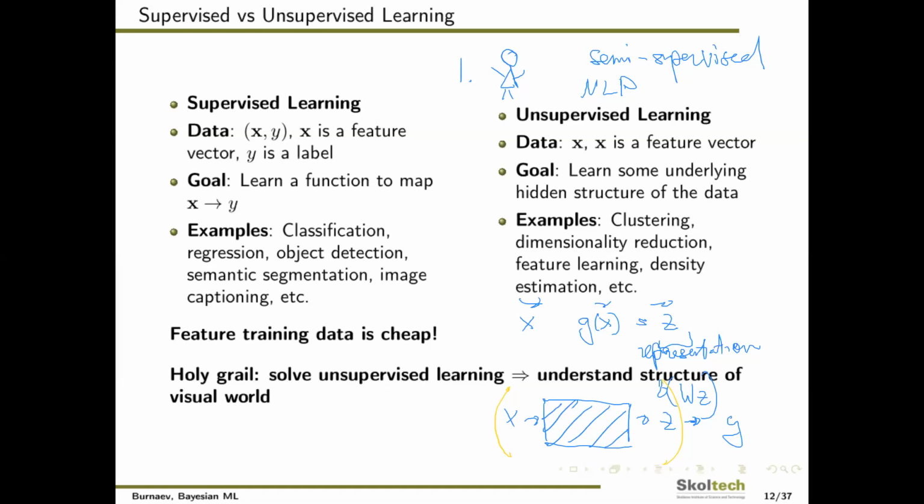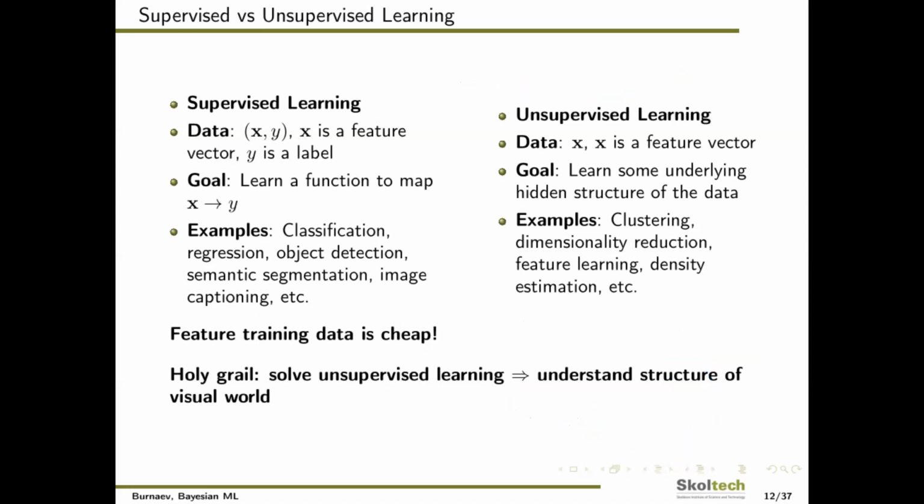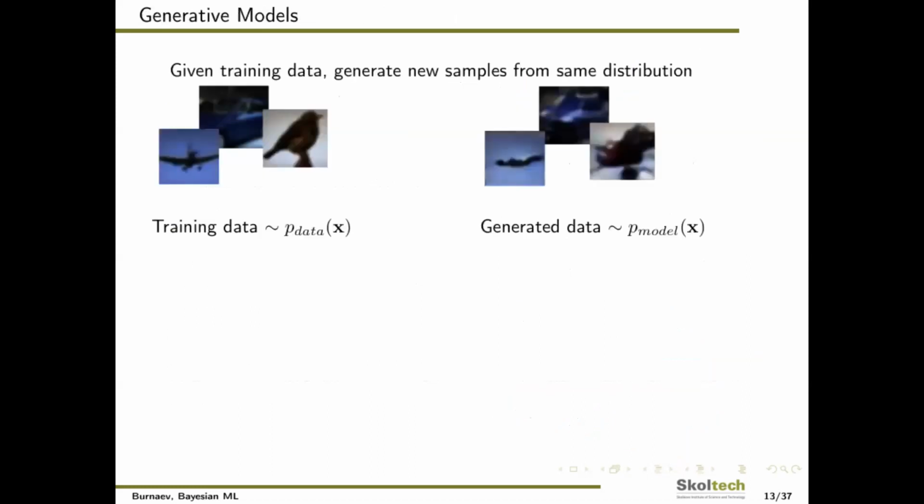So maybe it's one of the most important problems we can deal with when we think about machine learning, at least from a philosophical point of view, and as you all know, also from the point of view related to learning from the large data we have on the internet. So